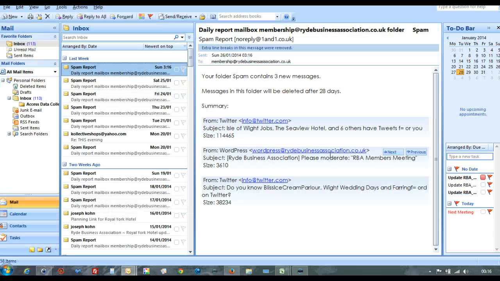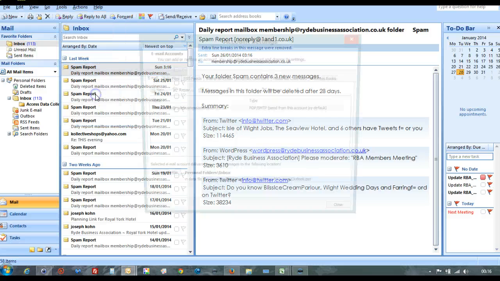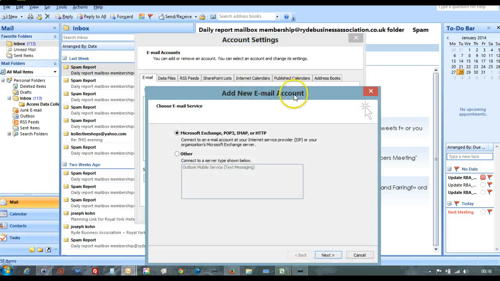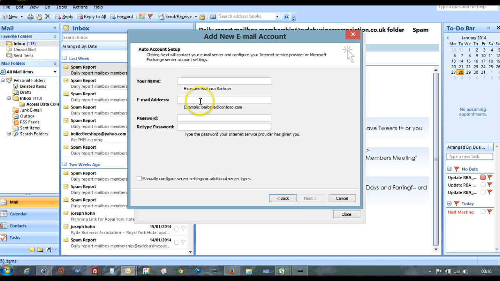Now I've already got the system set up to accept a specific email for me, and what I'm going to do is go into Tools, and in Tools I go to Account Settings just here. So I want to add a new account, so I'm going to click on New. And I want to actually connect to an email account that's on the internet, and I'm going to connect to my new Yahoo email. So okay, pop my name in,